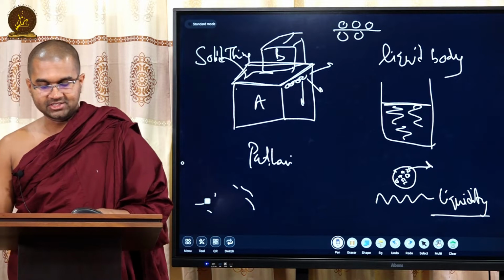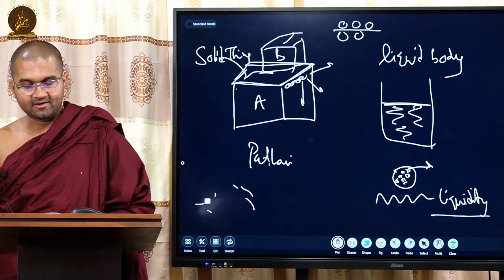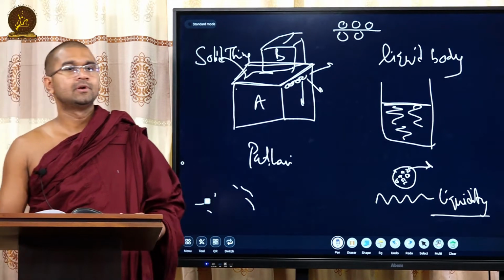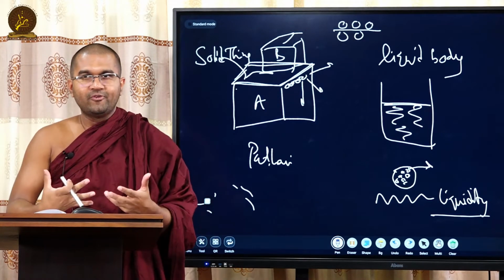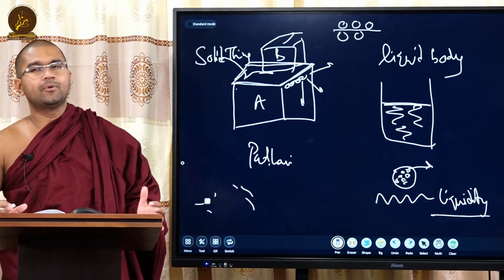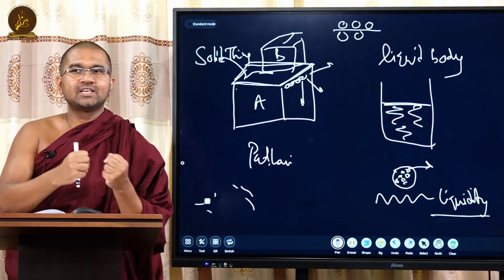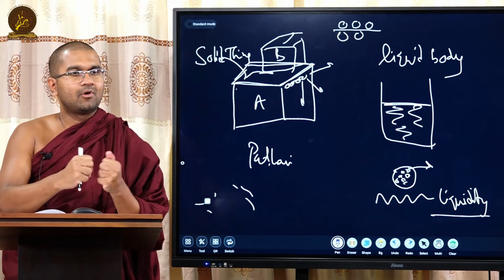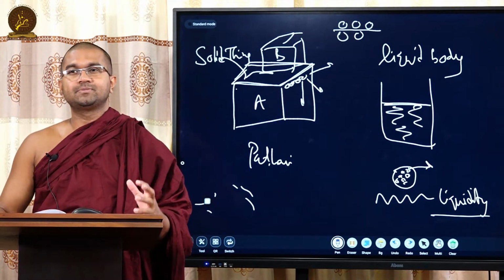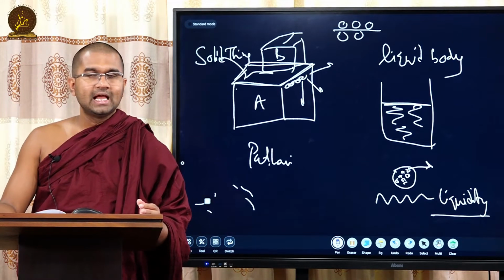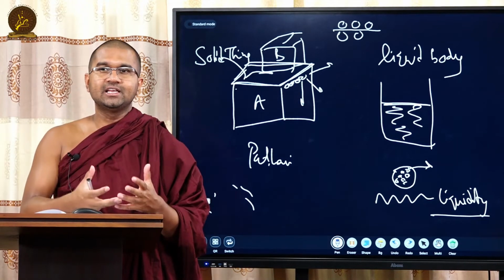In addition to bondage, liquids flow, hence they have liquidity. Liquidity is one of the characteristics of apo. So we take a certain kind of liquid, and we know it's flowing. That flowing nature itself is apo, and the particles in a liquid are bound with each other. So we should know there is a certain kind of bondage that should be known as apo also. That's why they don't scatter in the space like a gas. And it also has a certain surface, a certain hardness, and it has a heat within it.